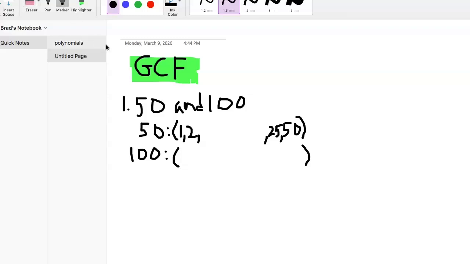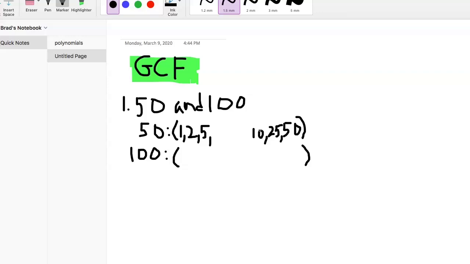Let's get my marker back. 5 works though, right? Because we have 5 times 10. 5 and 10. Okay, and those are all the numbers that work for 50. So let's go ahead and jump to 100, and then we'll go over how to find the prime